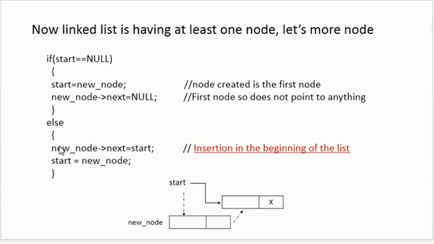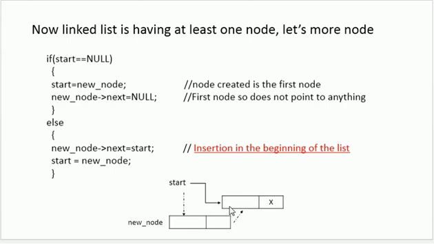So here I am writing something which is adding something in the beginning of the list. So this was the situation of my linked list, that this was the node which was already existing and it is being pointed by this start. So with the help of malloc, I can create another node and the name of the node is new node. So if I want to add something in the beginning, what I'll have to do is, I'm not going to make the link part of this new node or next part of this new node as null. So the next part of this new node is going to contain the address of the node which is already existing in the list in the beginning.